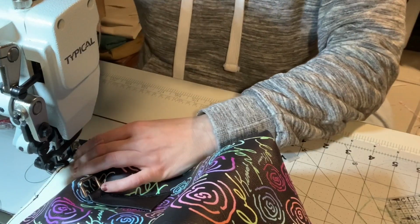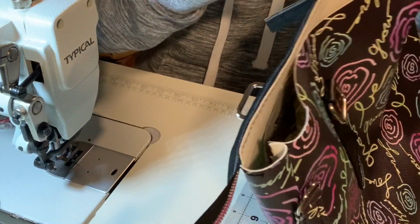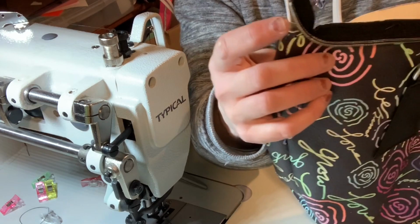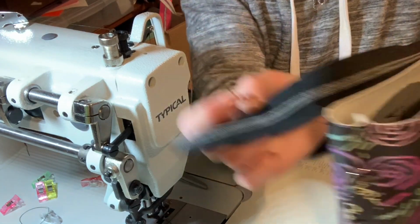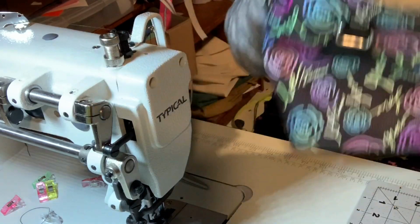Okay, and you should have now, so now this side should be facing upward. Okay, and this side should be facing downward. Okay, now